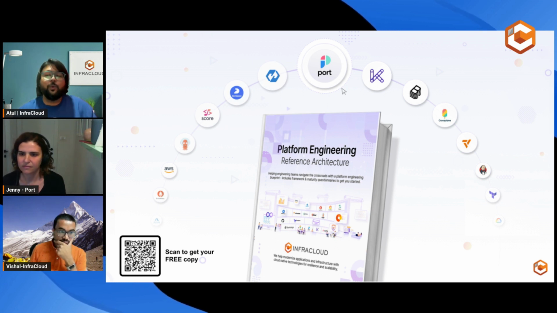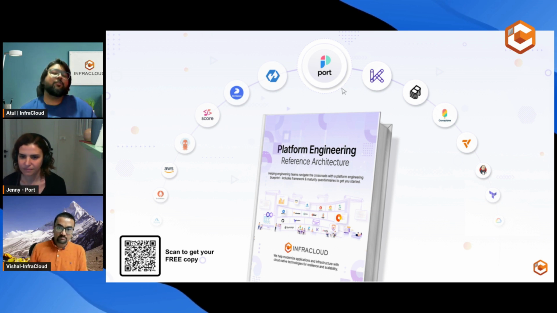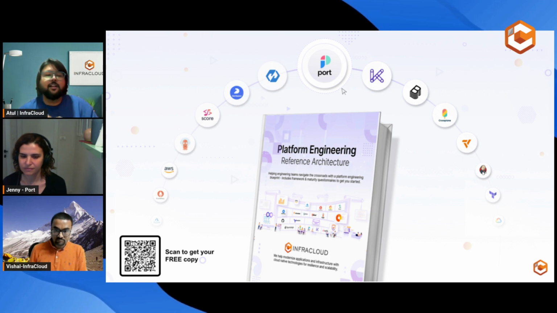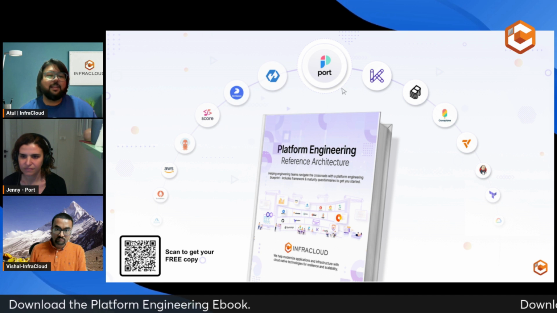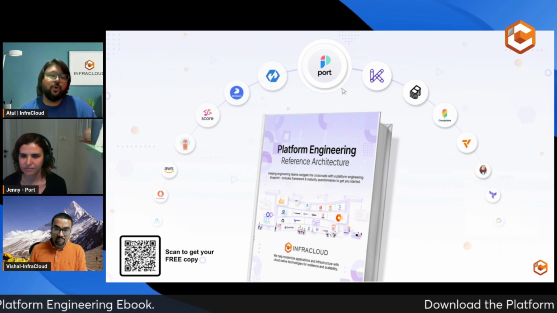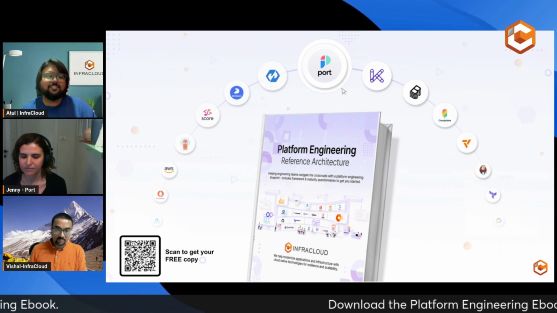You can go through these questionnaires, which will help you assess where you stand in your platform journey, making it easy for you to start and build a platform for your team. This ebook is freely available. All you have to do is scan that QR code and get access to all the material.